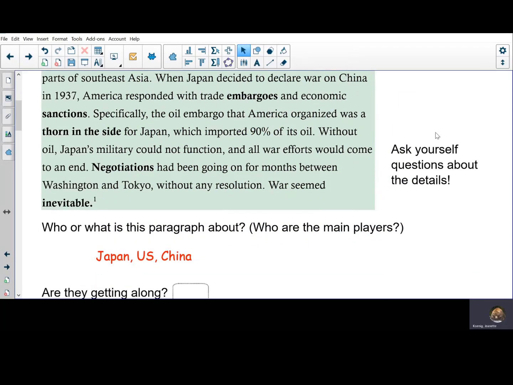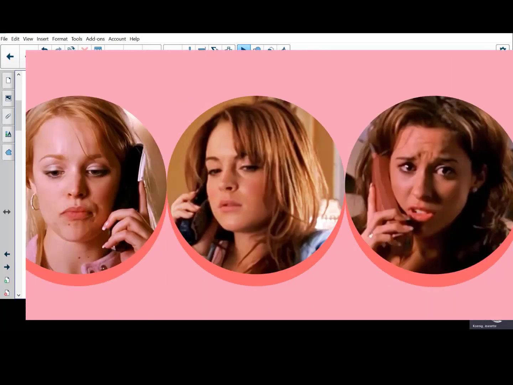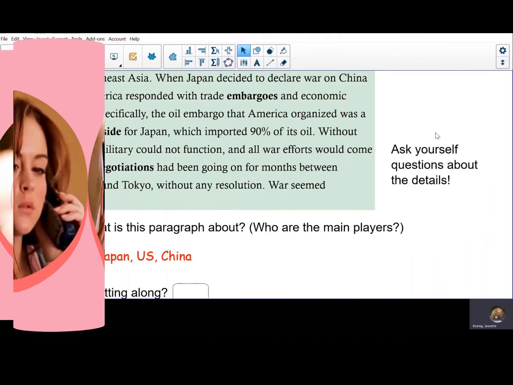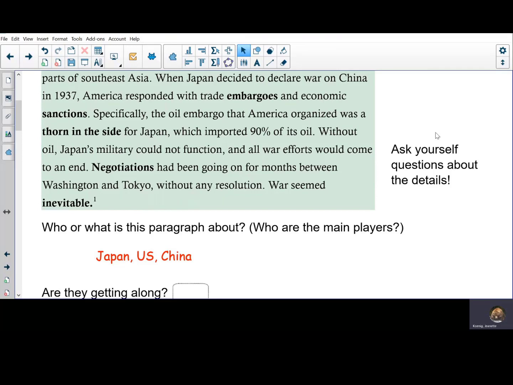So what it looks like is happening is that Japan has been bullying China, and US is coming along and saying, hey, don't do that, stop picking on China. For right or for wrong, that is what the US was doing. I thought we didn't like China. Yeah, well, you know how countries are. It's like, remember back in junior high when somebody's your best friend one day and they're your mortal enemy the next day? So right now we're not getting along with China, but 80 years ago we were trying to help them out. So here's an important question. Are these countries getting along during the time that this paragraph is talking about?